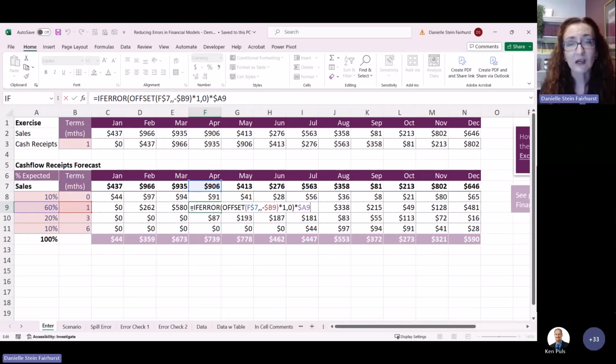I do use it sometimes, but try to avoid the IFERROR if you can. So it's a bad example of a formula that's difficult to audit, and also uses an IFERROR, which can be a little dubious.